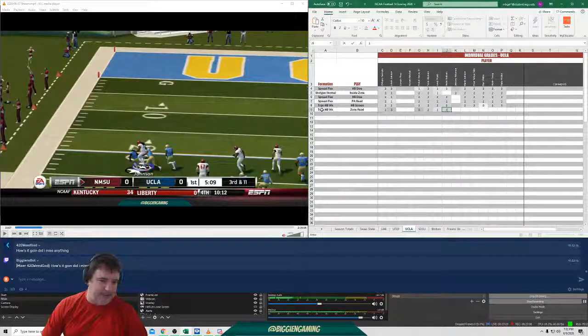So here's the play, here's the formation, here's the play. So far, the offensive line has had a hell of a game against UCLA. Okay? Like legitimately. And by the way, we ran 80 plays in this game. Then we ran 73 in the next game against San Diego State. So we're doing some work as an offense. Okay?